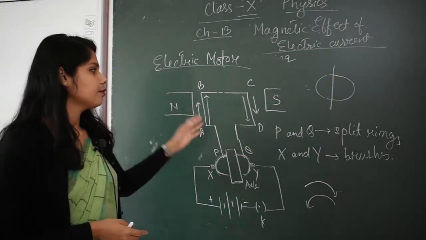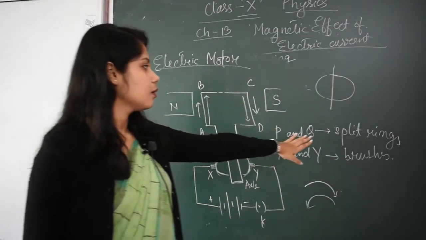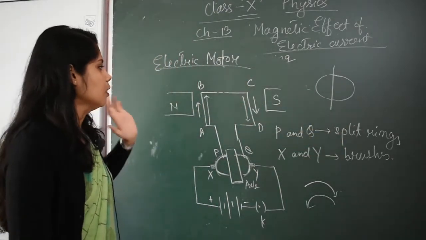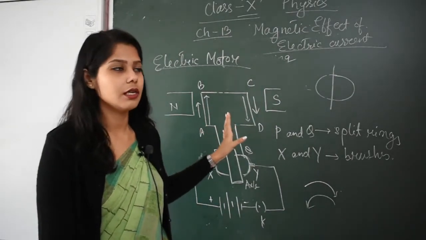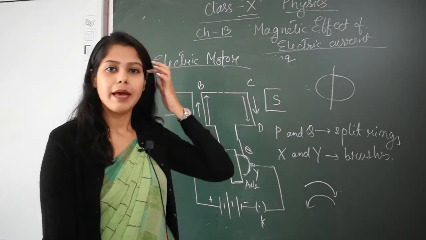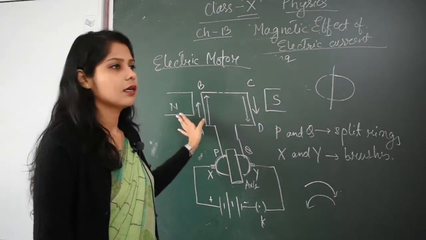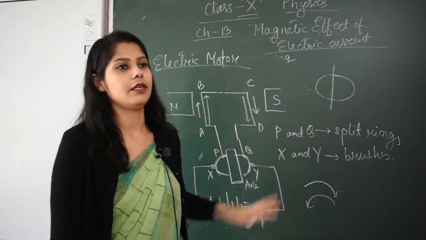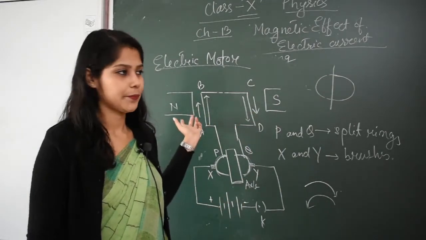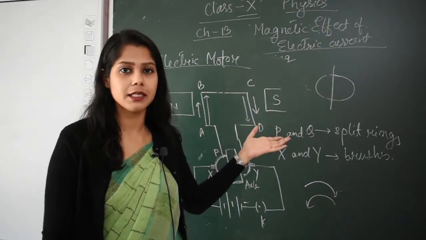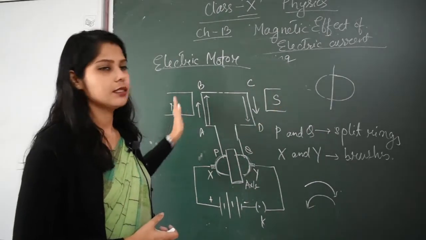Now you see, this is overall the principle and working of the split rings in the electric motor. But now, if I am using an electric motor commercially, here I am showing a magnet, north and south, two magnets placed behind the conducting wire so that they create a magnetic field. But in real life, commercially, we don't have bar magnets, north or south. What happens? An electromagnet is used in place of these bar magnets.